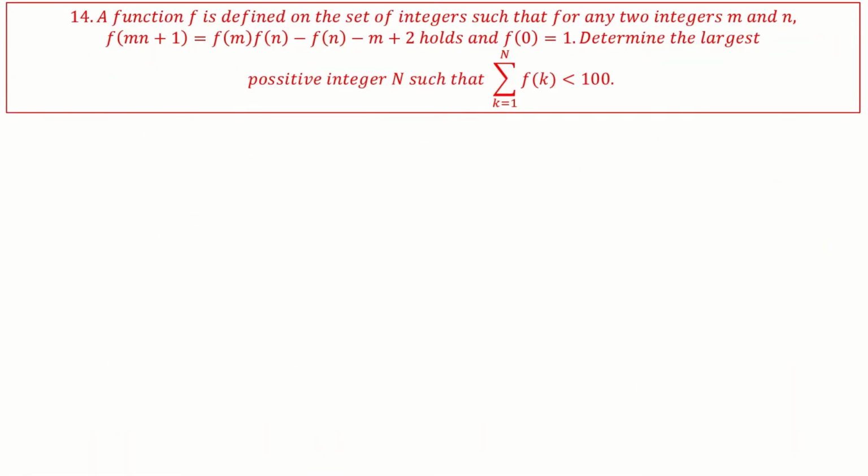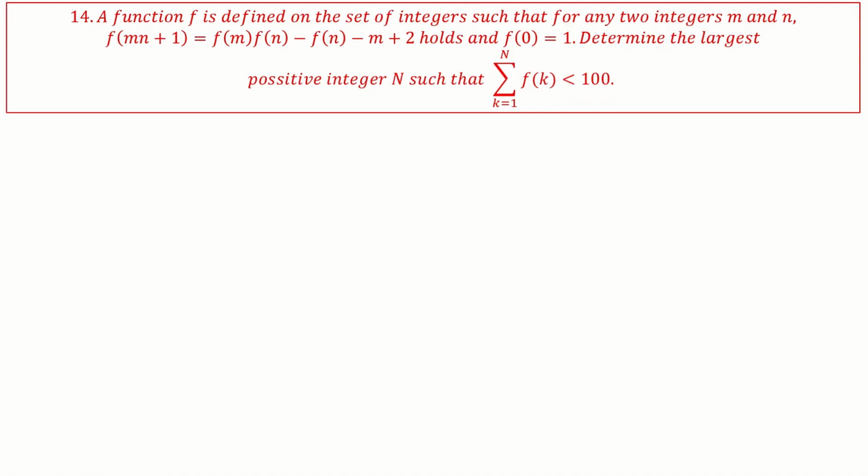Next one: a function f is defined on the set of integers such that for any two integers m and n, f of mn plus 1 equals f of m into f of n minus f of n minus m plus 2. This is the definition, and f of 0 equals 1, which is given information. Determine the largest positive integer n such that sigma k equal to 1 to n of f of k is less than 100. Which means f of 1 plus f of 2 plus f of 3 up to f of n should